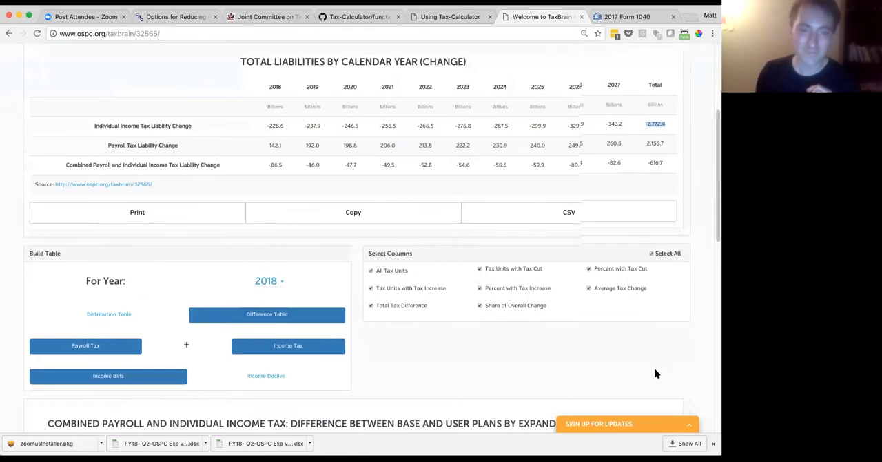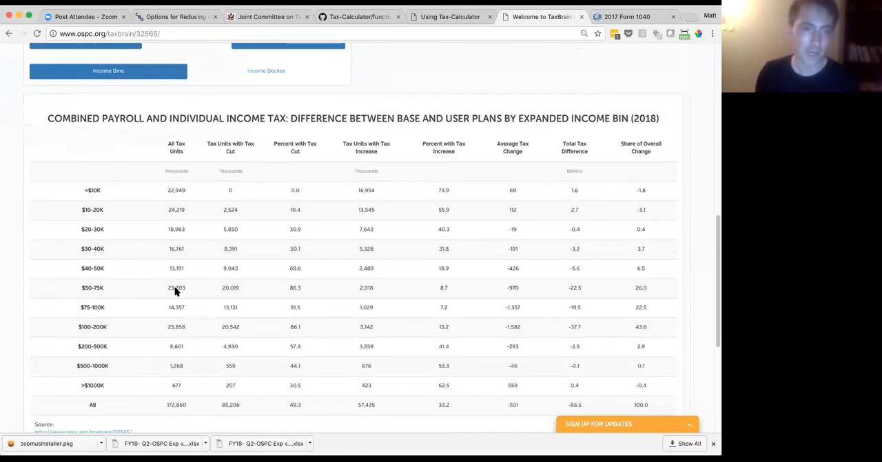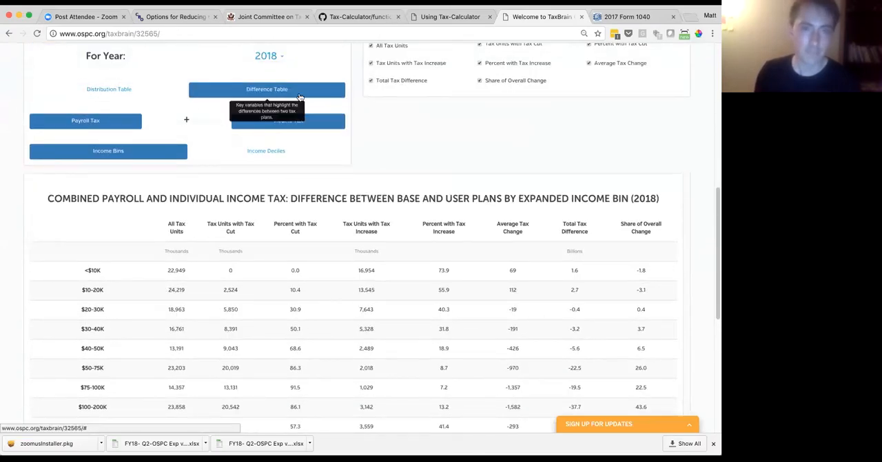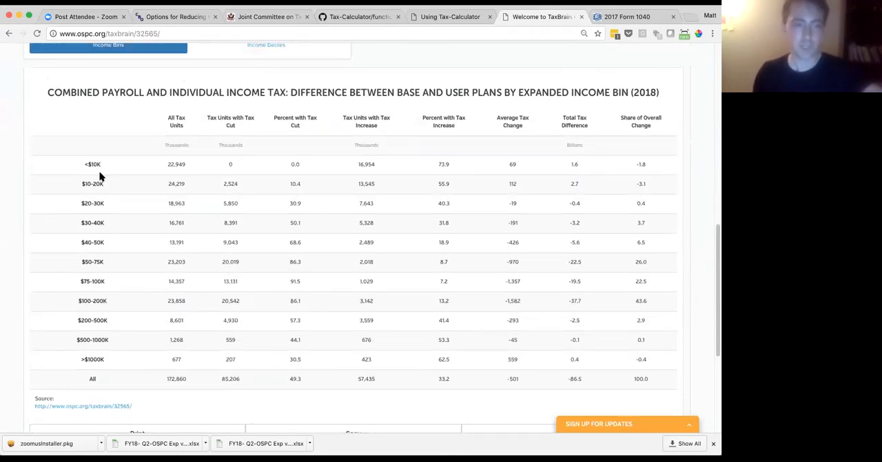And we can go down here and look to see who's being affected. We're looking at what's called the difference table, which has key variables that highlight the difference between the two tax plans for both the income tax system and the payroll tax system. We're looking at income bins, so these are bins of less than 10,000, 10 to 20,000. And you can see,